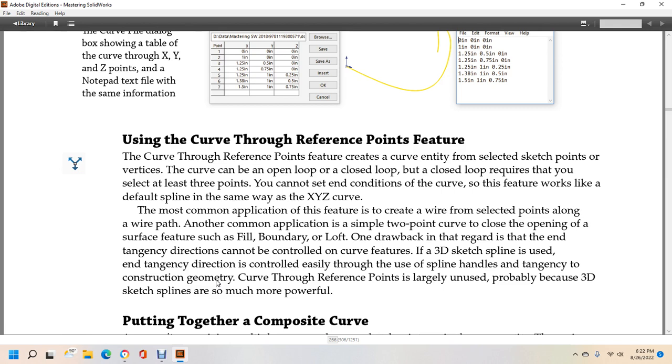Another common application is a simple 2-point curve to close the opening of a surface feature with a filled boundary or loft. On the drawback, the end tangent direction cannot be controlled on the curve features. If a 3D sketch spline is used, any end tangent's direction is controlled easily through the use of spline handles and tangencies to construct geometry. Curve through reference points are largely unused, probably because 3D sketch splines are so much more